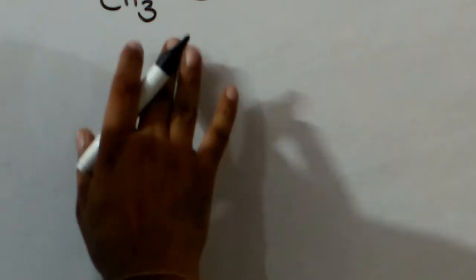This question might be asked in your exam: convert acetaldehyde into lactic acid or 2-hydroxypropanoic acid. For that, first add HCN, due to which H goes to oxygen and CN goes to carbon, and we get cyanohydrin or 2-hydroxypropane nitrile, which on hydrolysis gives 2-hydroxypropanoic acid, also known as lactic acid. Similarly, we can do it with acetone.